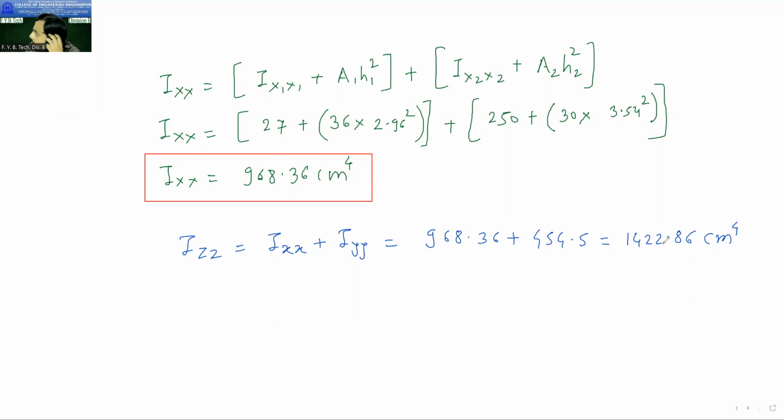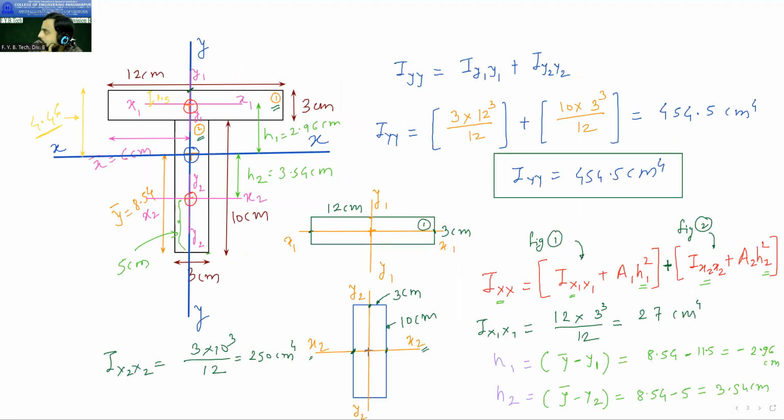समजलंय काय करायचं? आता हे टी सेक्शन होतं, ह्याच्याऐवजी आय सेक्शन दिला असतं इथंच तर काय फरक पडला असता? अजून एक फक्त रेक्टँगल वाढला असता खाली, इथं एक Ixx मध्ये अजून एक टर्म वाढली असती, Iyy मध्ये अजून एक टर्म इन्क्रीज झाली असती. ओके, दॅट इज द ओनली डिफरन्स. लॉजिक कॉन्सेप्ट इज सेम. ओके,